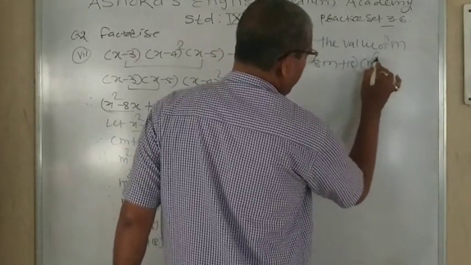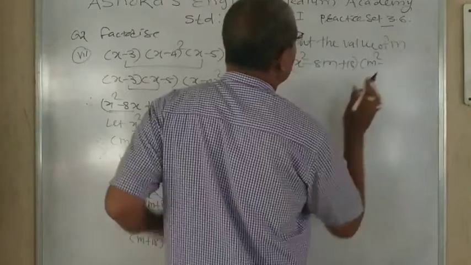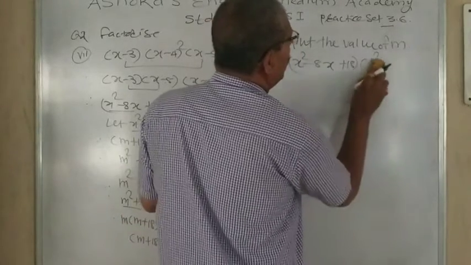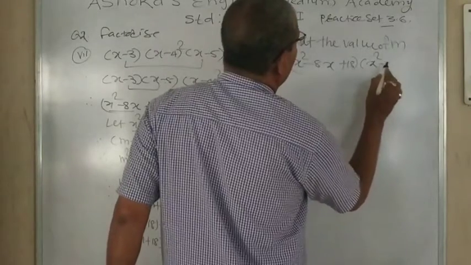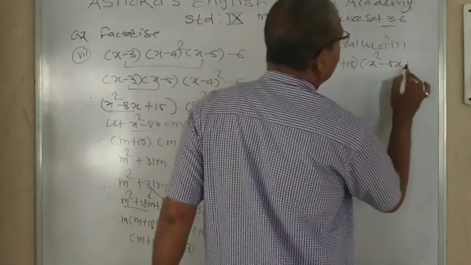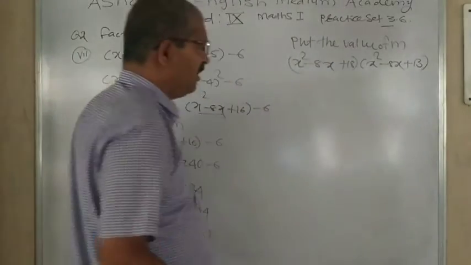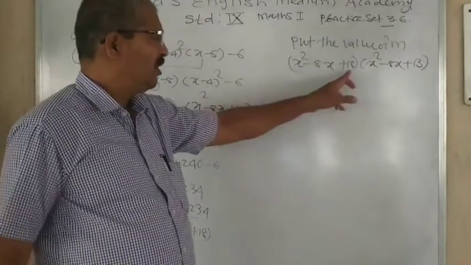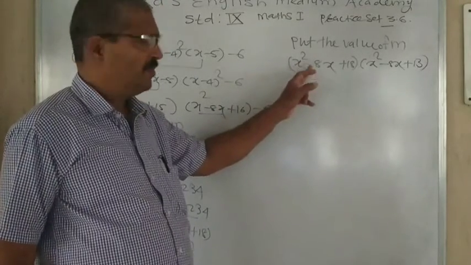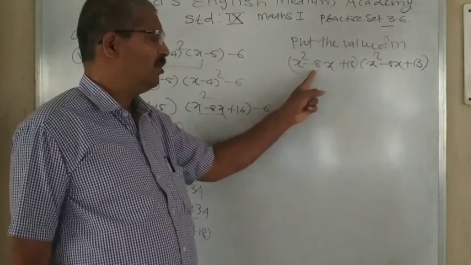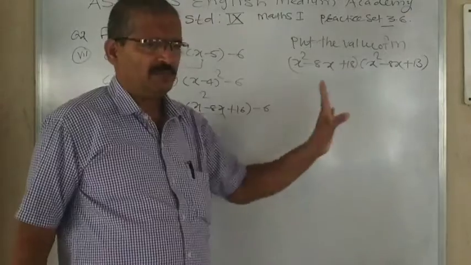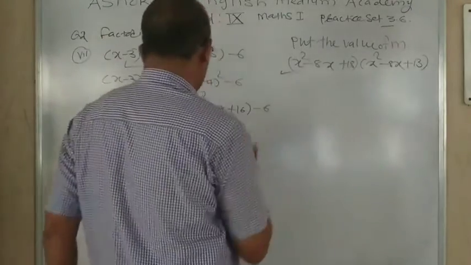In the second bracket, sorry, instead of m we should write here x. Here also I have to write x. X square minus 8x plus 13. Is it factorizable? Means can we split 18 so that you will get the middle term? Sum of the two numbers must be equal to the middle term. No factors possible. Here also no factors possible, and therefore this is the answer.